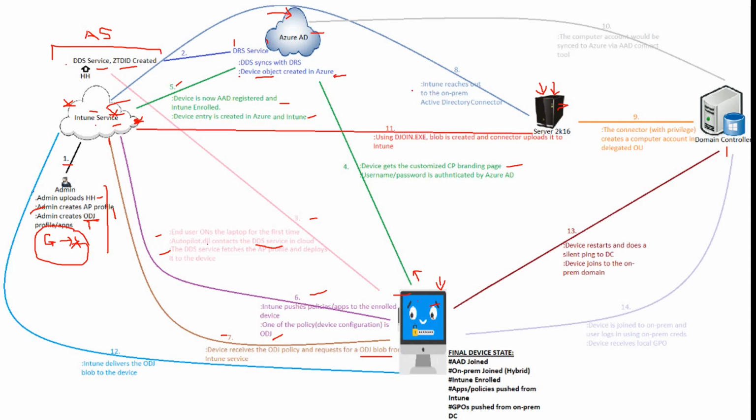So step 8 is Intune reaches out to the on-prem Active Directory connector. Once it reaches the Active Directory connector, the connector will forward that ODJ blob request to the on-prem domain controller, and it's now the domain controller's responsibility to